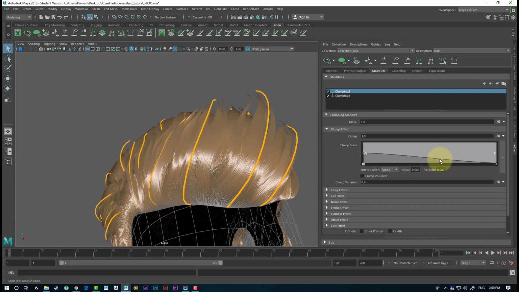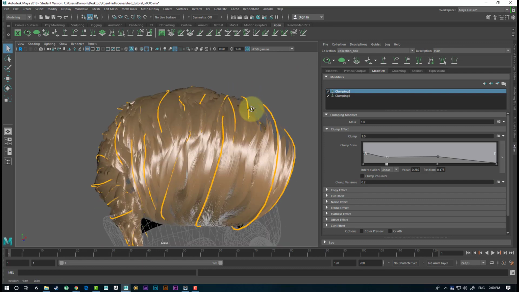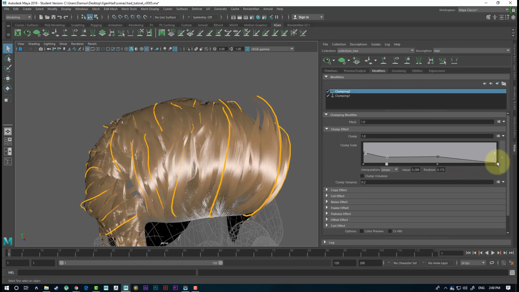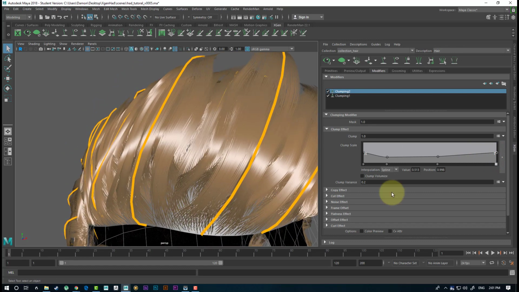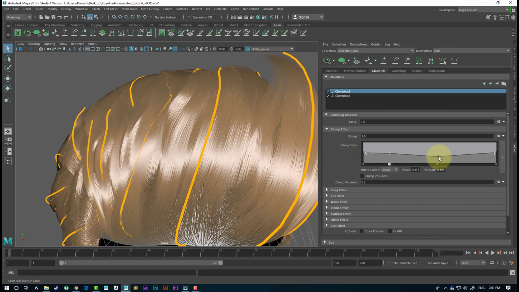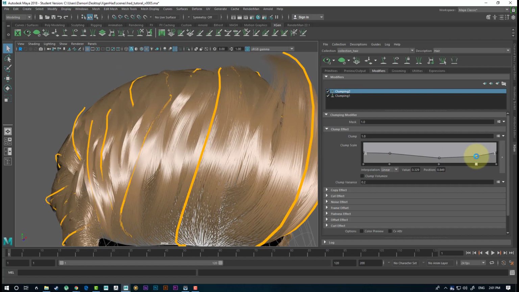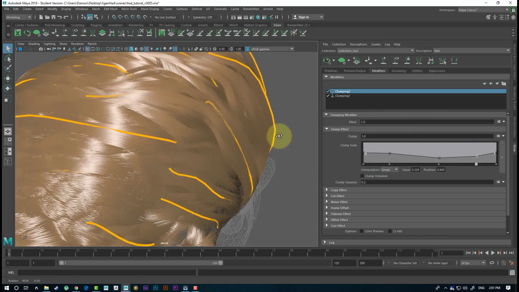So now what I can do is play around with this clumping group, and let's say clumping value at 0.2. Let's see what that does. So you're going to get a little more wiggle in it. Let's open these clumps up. So what I'm doing is I'm starting to break up the shape of my clumps, so they're not as uniform. See, like that. We're getting much nicer